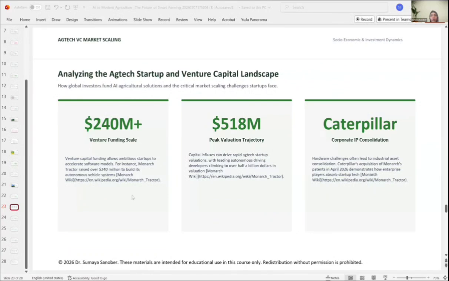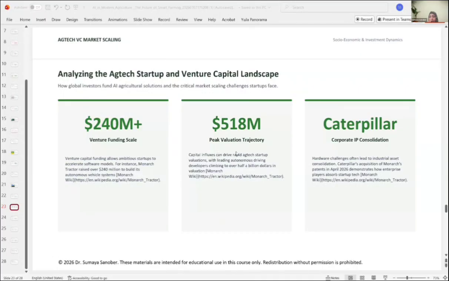So moving on, we are going to talk about the slides analyzing the agriculture tech startup and venture capital landscape. If you see over here how global investors are funding AI in agricultural solutions, and a critical market scaling, the challenges that startups face. Here we are talking about a $250 million venture funding scale, and we are projecting a rise to